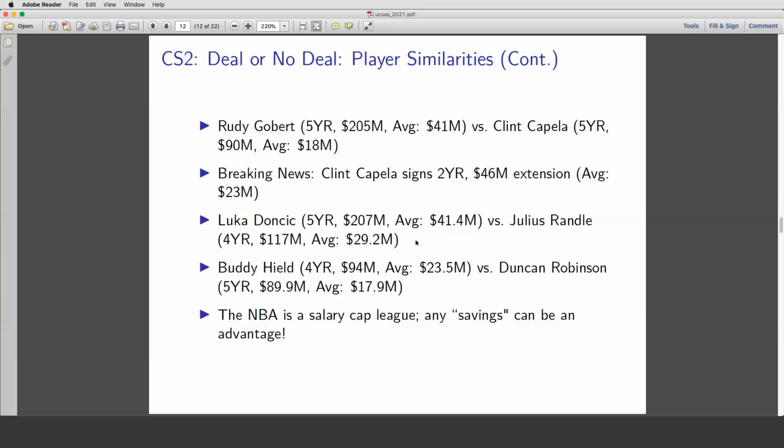that 10 million, maybe you can use it somewhere else to try to make the case that, okay, if I can have a Julius Randle at 30 million and player Y at 10 million, I can get similar value to a Luka Doncic at 41 million. Maybe. Something I think could be cool homework is,